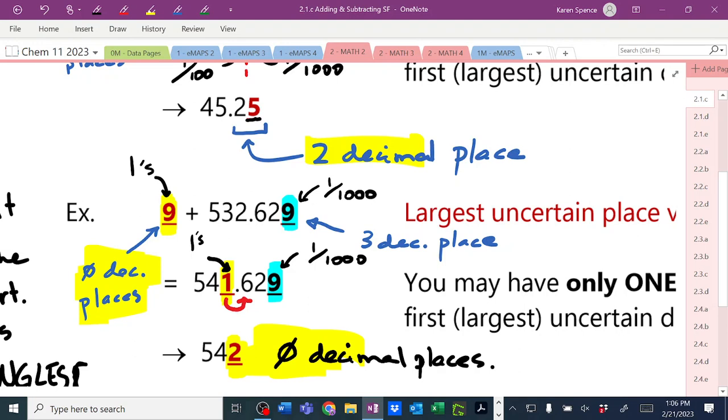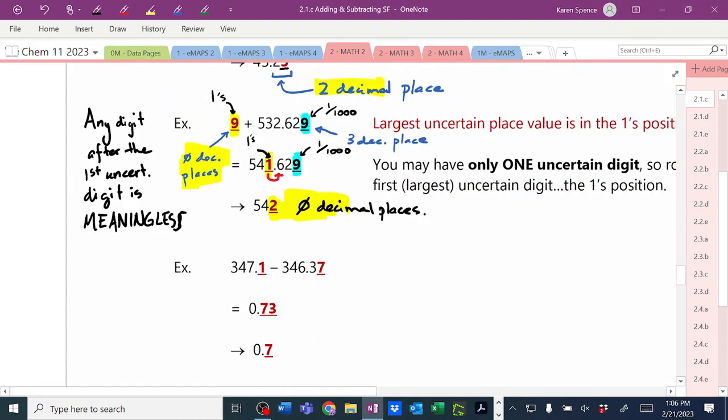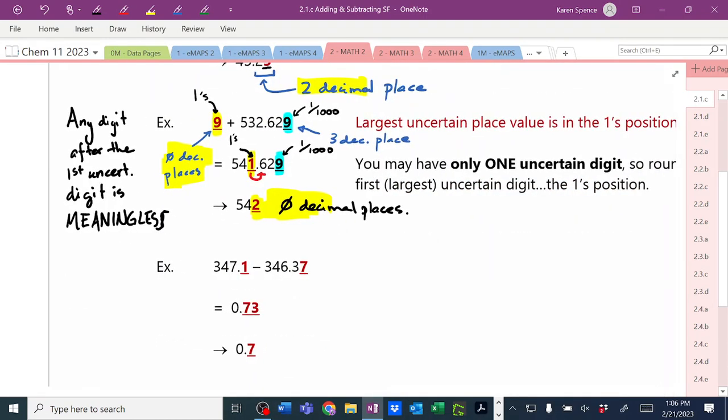People just, you get one rule and you use it a lot. We use multiplication and division a lot more than addition and subtraction. So just keep the 2 rules straight in your head. Okay? All right. Another one, just going to prove how many sig figs do we have in